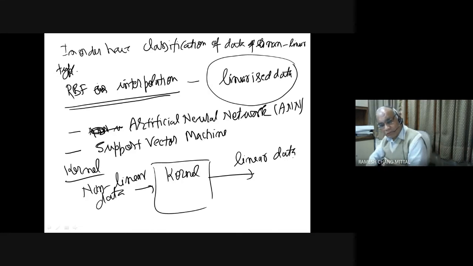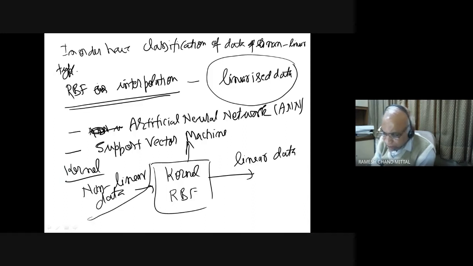So what you do basically is you choose RBF as a kernel in the support vector machine, and when you use RBF as a kernel, your nonlinear data, which has scattered classes, points in the classes. So in order to make them well behaved, you pass them through the support vector machine kernel through RBF, so